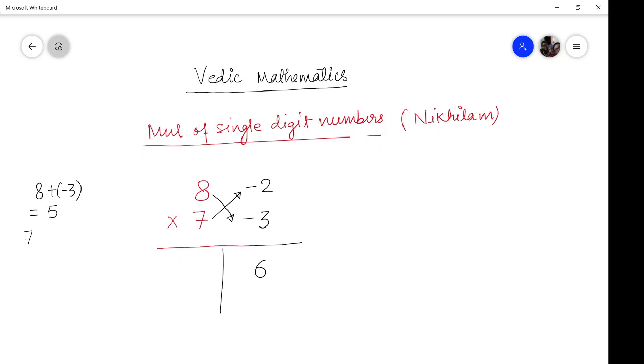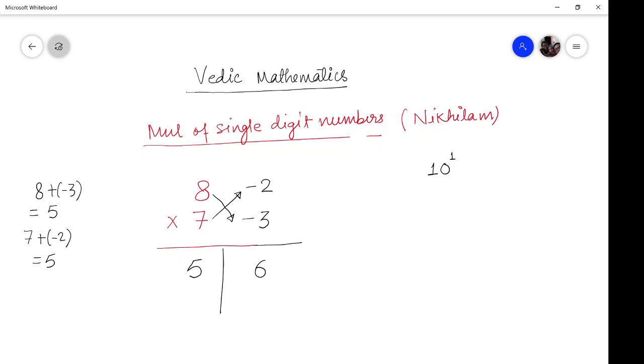Likewise, 7 plus minus 2 is again 5. Whether you add in this way or in this way, it doesn't matter. You will get the same answer, that is 5. And as your base was 10, that is power is 1, in the unit place you will have only one digit. That's why the answer is